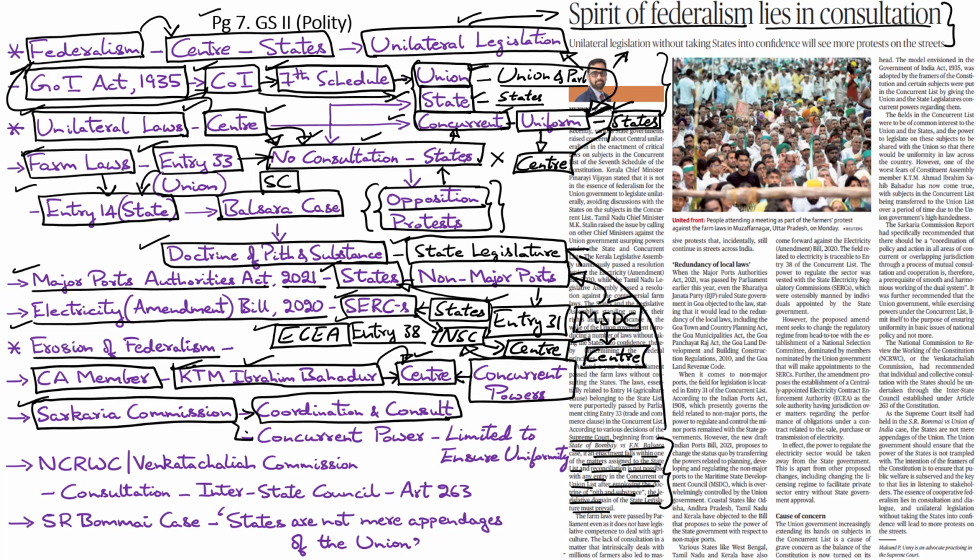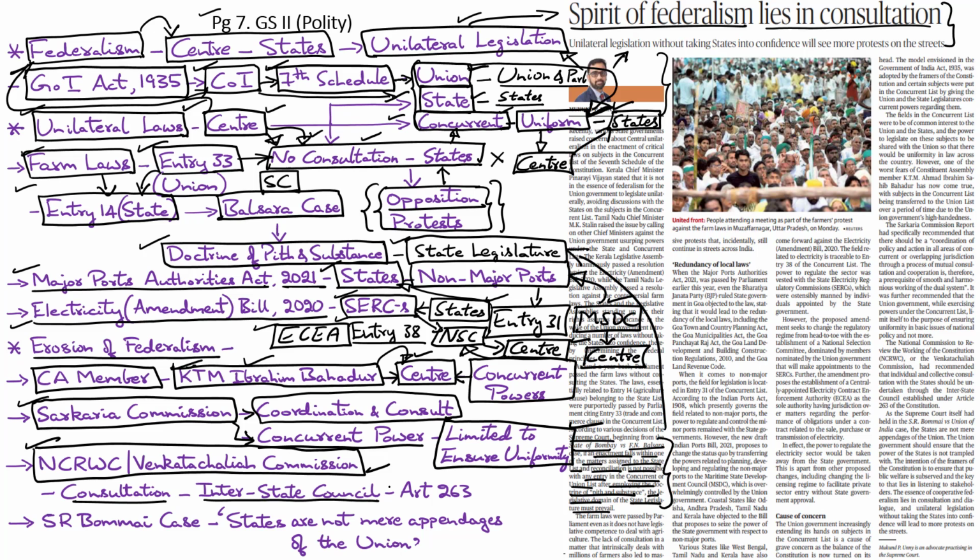So even the Sarkaria Commission had agreed that the concurrent powers of the Union should be limited for the sake of ensuring uniformity in the national laws. Then the National Commission to review the working of the Constitution, also known as the Venkatachaliah Commission, had recommended that individual and collective consultation with the states should be undertaken through the Interstate Council, which is established under Article 263 of the Constitution. Then even the Supreme Court, in the landmark S.R. Bommai case,